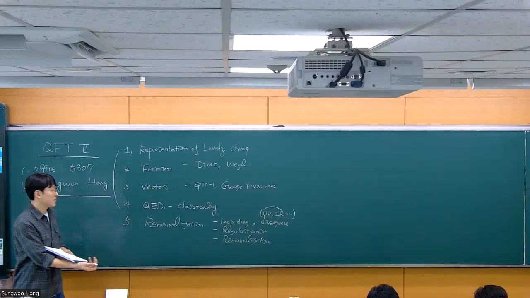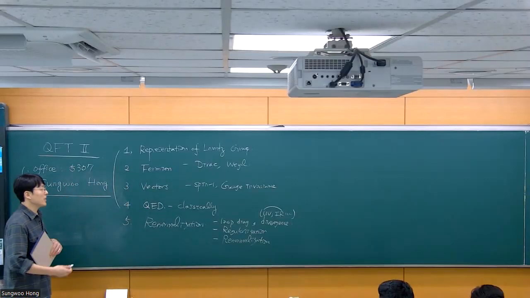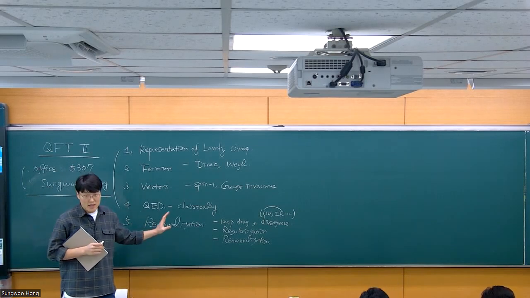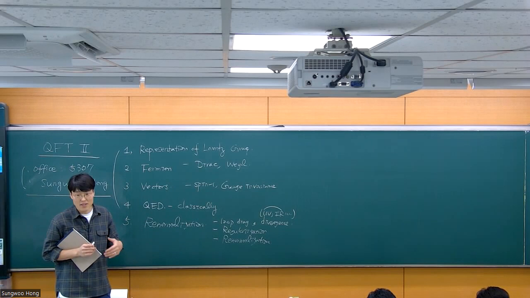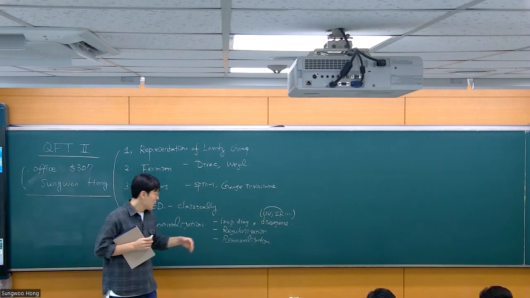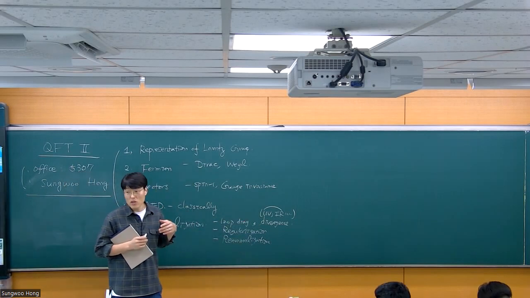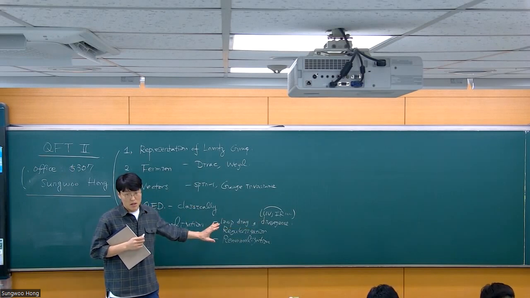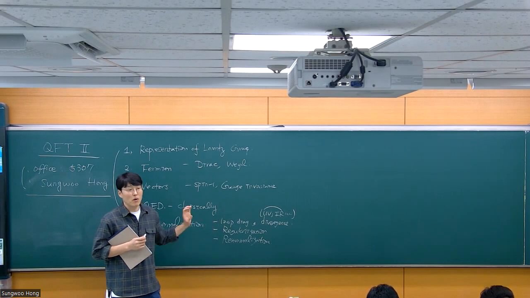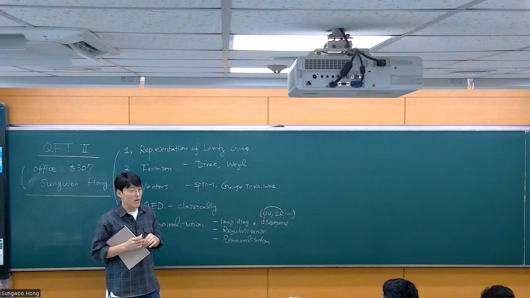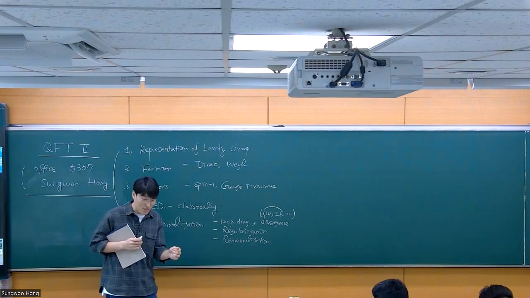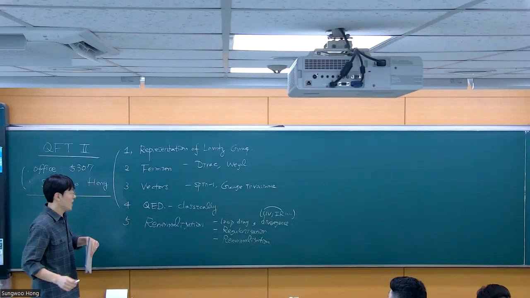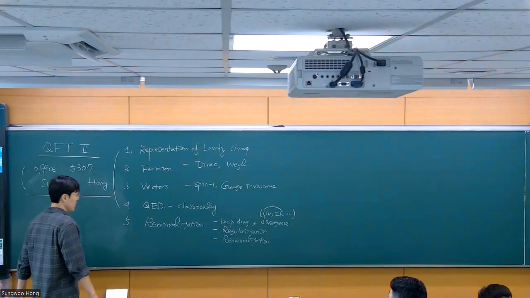So we will spend quite a bit of time understanding. There are many parts. This part includes a lot of technical steps. You have to learn how to compute things. You have to know mathematically how to control the divergences. You need to know how to mathematically get rid of divergences. So there's a technical part, but more crucially, there's a conceptual part. This is the part where you can very easily get lost. You compute things, but you don't know what you're talking about. So that conceptual part is key, and hopefully we will clear that up.